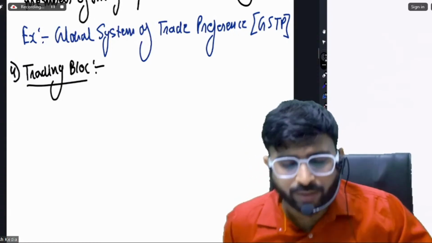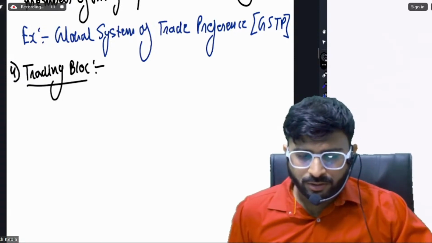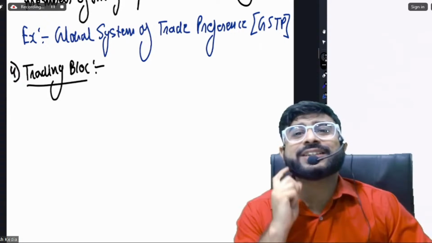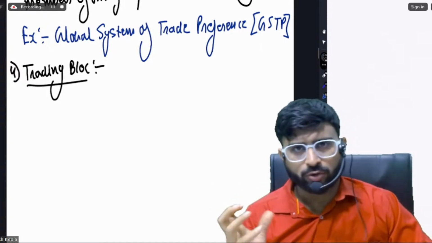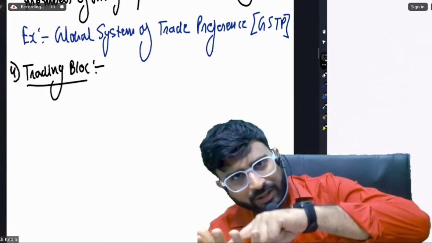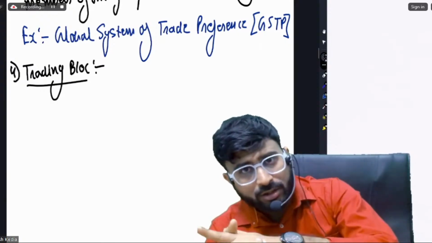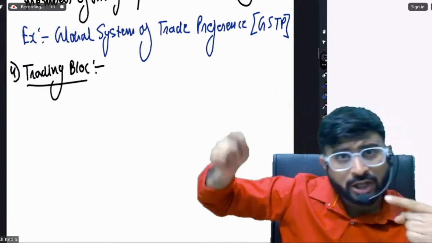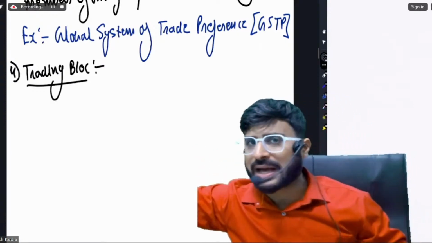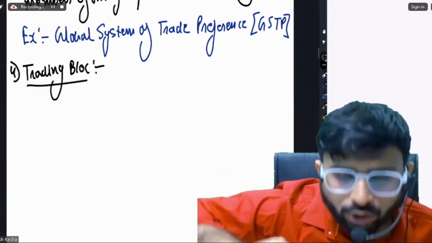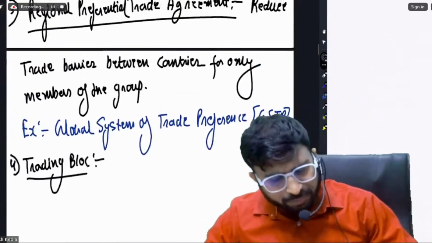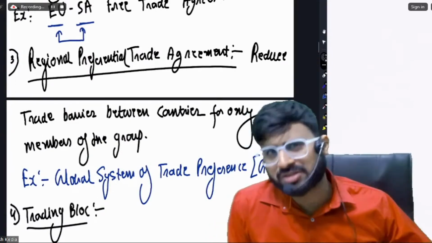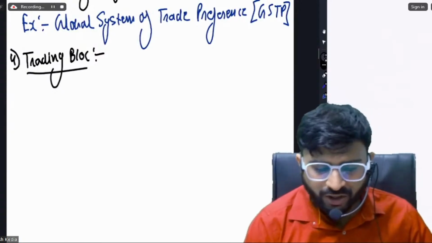So, sir, what is a trading block? Here, what happens? I'll give you an example. Example is EFTA, European Free Trade Association. European countries impose no taxes on each other. But if anybody from outside Europe comes, suppose India, then on Indian commodities, they will impose tax. But among themselves, they are not going to impose tax. So it is much like Regional Preferential Trade Agreement. Only the name is different. Okay. So, group of countries,